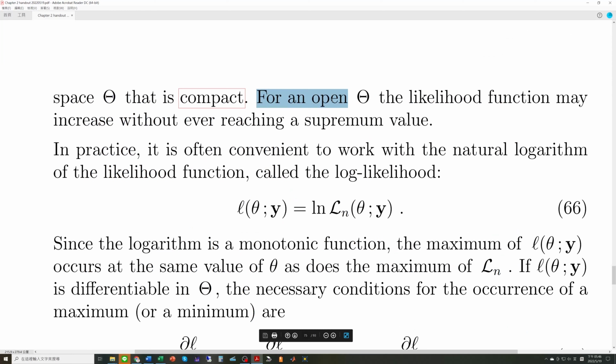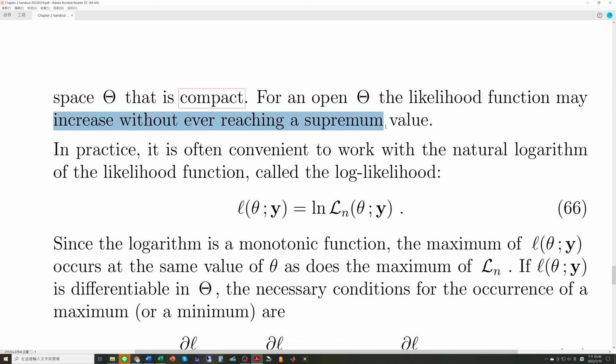For an open capital theta, the likelihood function may increase without ever reaching a supremum value. We have introduced what is